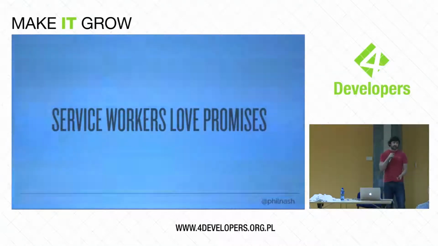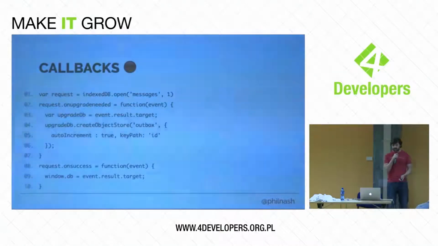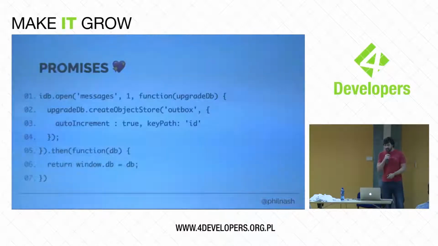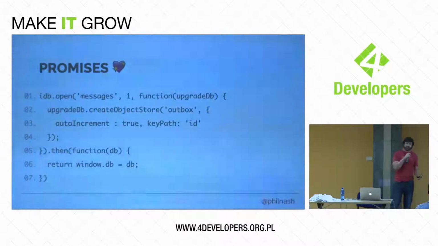And as I said, service workers love promises. This is the interesting callback stuff that you can have with IndexedDB, where you open a database and then you start making callbacks appear on that database's requests. It's a bit awkward. And that's not even all of them. I missed the error one in this case because I ran out of space on the slide. But promises are much nicer. And this is IDB, this is Jake's library there. You open it up. You do get a callback to say, OK, set this database up. But once it's open, then you can just go and deal with it.